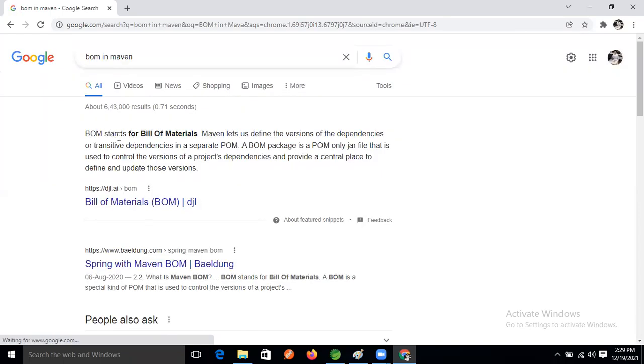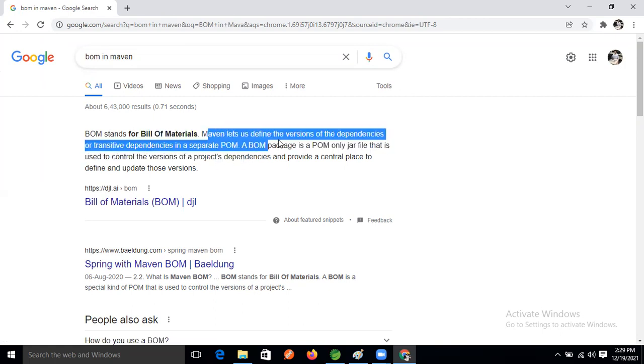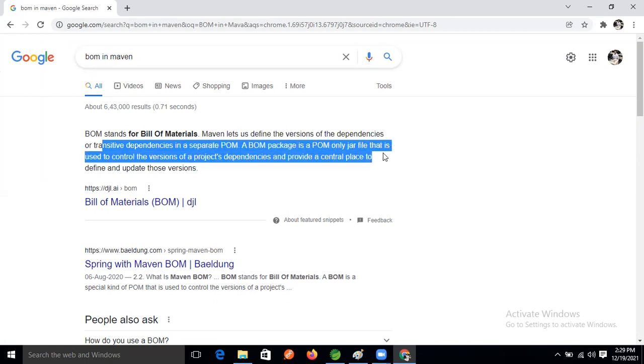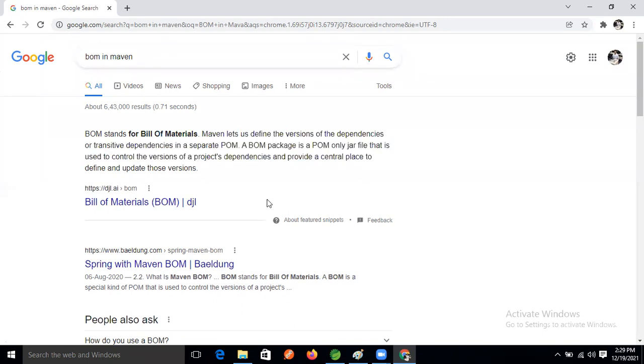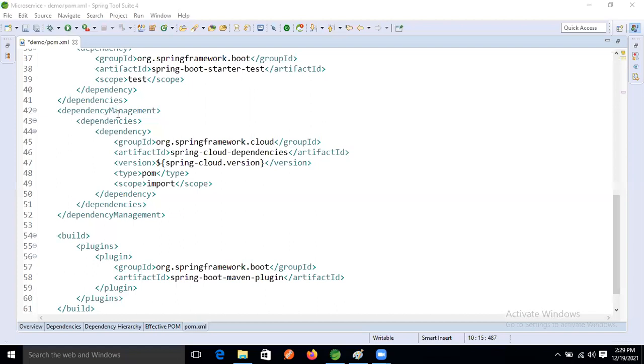See this, guys, BOM stands for Bill of Materials. In Maven, it is used to define the version of the dependency, including transitive dependencies. Just read one more time. You will understand what it is used for. When I take the Maven tool session, at that time I will create two projects and add it, and I will show that. So good.